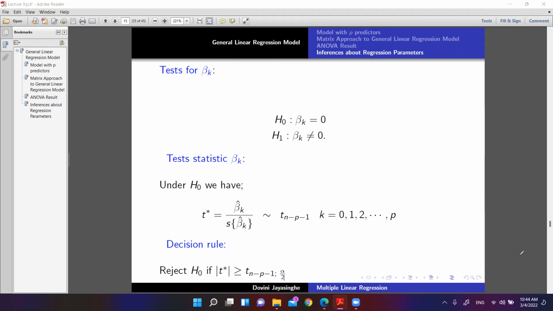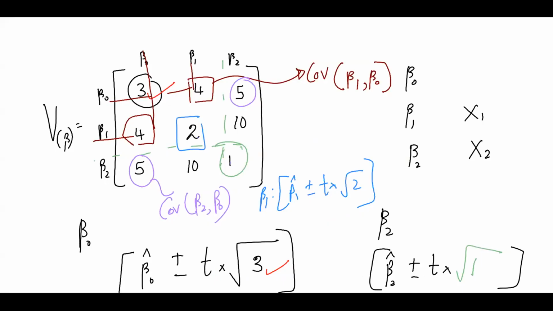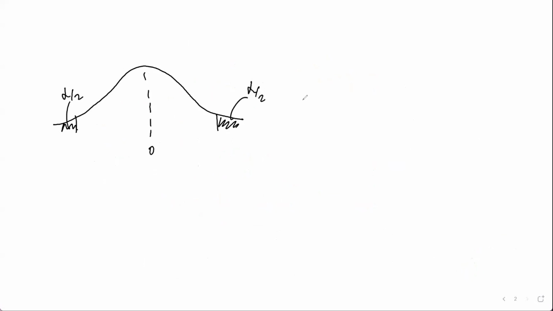It is not clear, let me explain that. This is out of scope, but good to know. If this is the t distribution, it's symmetric around 0. This is alpha over 2, this is alpha over 2. That's how you get the alpha totally. So when we compute the test statistic value,